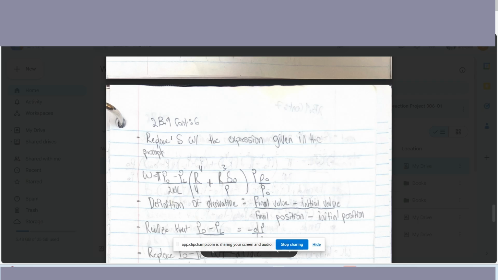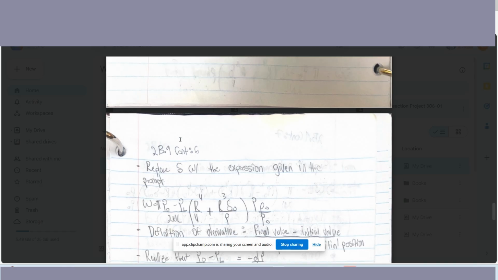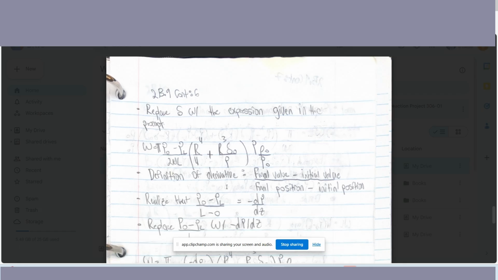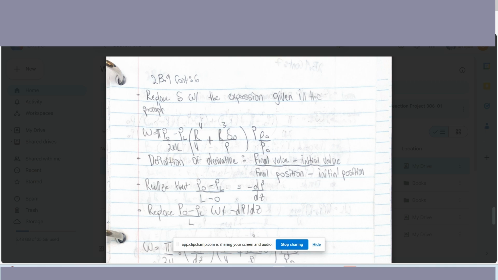Actually, first we're replacing the sigma with sigma 0 divided by pressure. And again, this is another thing where the pressure is there in an undefined pressure. So yeah, we're going to insert a derivative. So P0 minus PL divided by L equals the derivative negative dP dz. And that's because a derivative is the final value minus the initial value over the final position minus the initial position. And that's usually over an instantaneous,